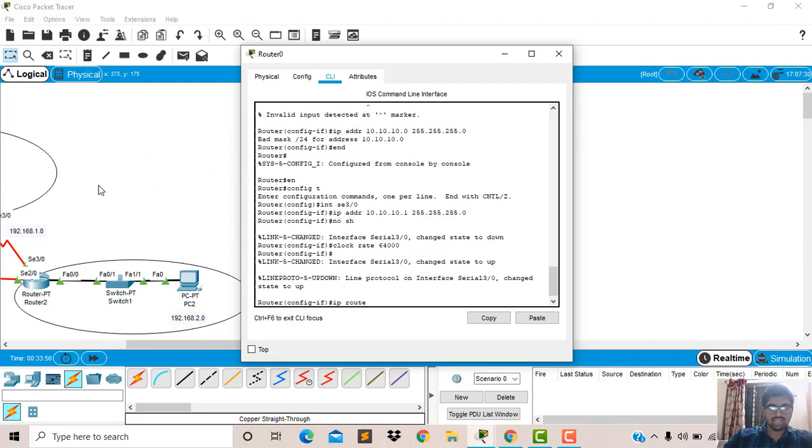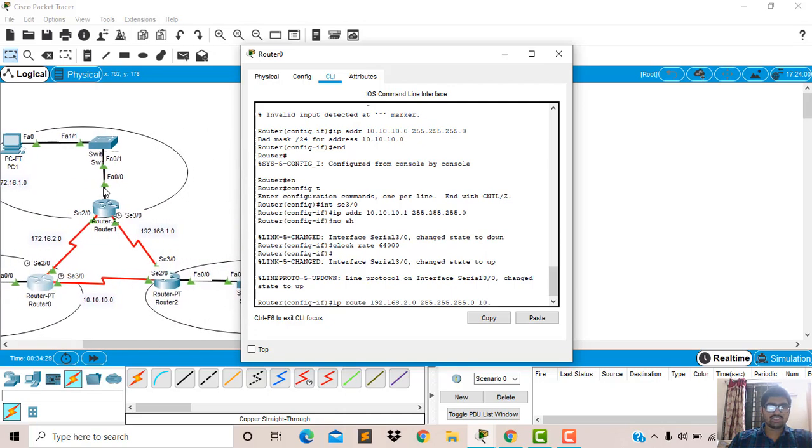Now we will give that network address, that is 192.168.2.0. Now the subnet mask, 255.255.255.0, and here we can give the next hop IP address or we can give the exit interface. Now here I am giving the next hop IP address, for this router 2 is unknown.